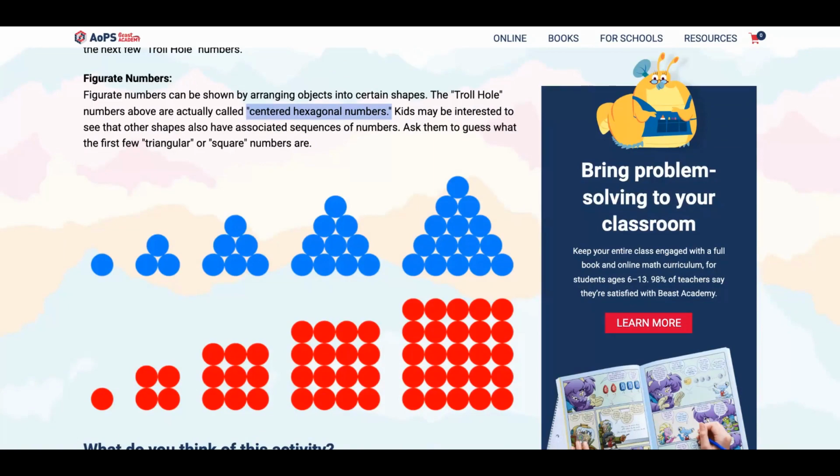Can we play a version of Troll Hole on a square grid? Which square numbers work and for which numbers of players? Does it really change the game? Like I noticed that in a sort of